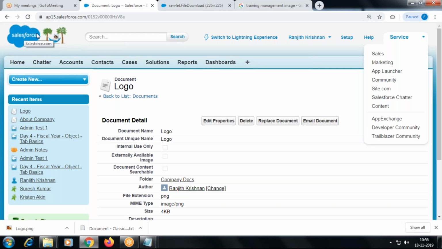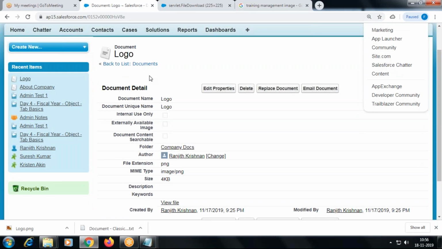Someone is working on creating a new logo, and they will replace the logo here. Okay. So that logo cannot be replaced for your standard application. Suppose if I create any new application here, then that becomes a custom application, right? For that custom application, by default, the Salesforce logo will appear, but I can change the logo. In order to change the logo, first you have to do what? You should have an image document in your document folder and mark that image as externally available. Then you can upload the logo.